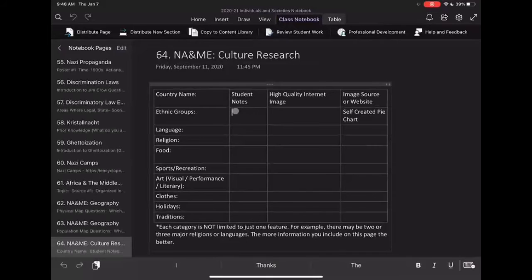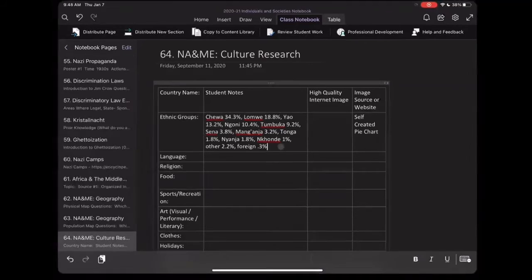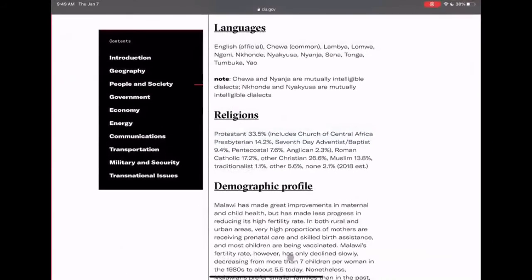I'm gonna put that here in my student notes. Since there literally is no language in here that I can change to put in my own words, I'm gonna copy and paste that. I'm not gonna copy and paste an entire paragraph that is summarizing ethnic groups.